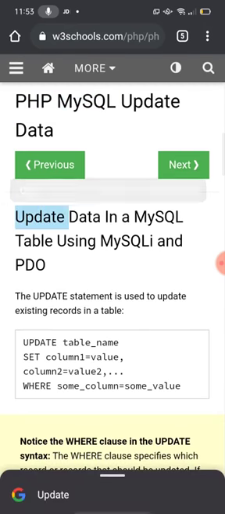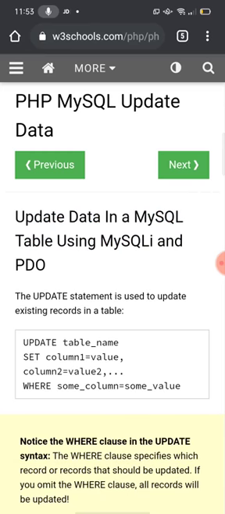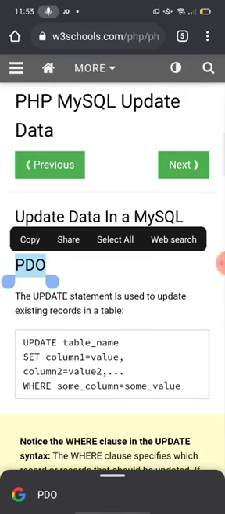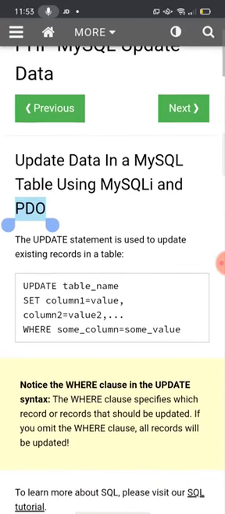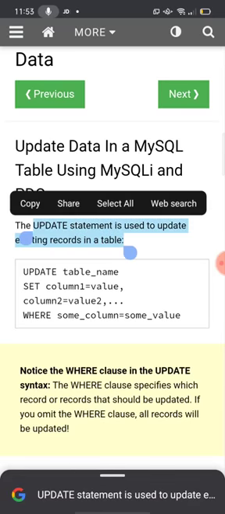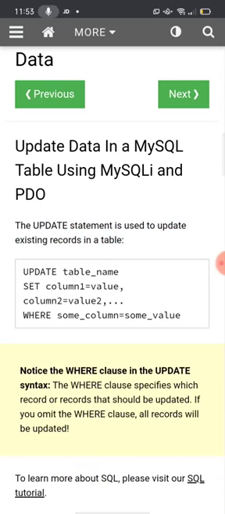Update data in a MySQL table using MySQLi and PDO. PDO stands for PHP Data Objects. The update statement is used to update existing records in a table.